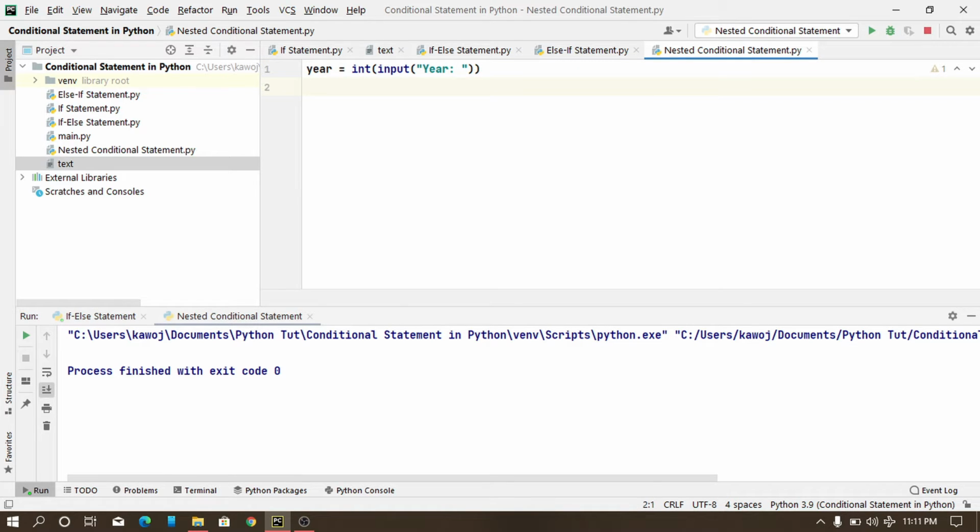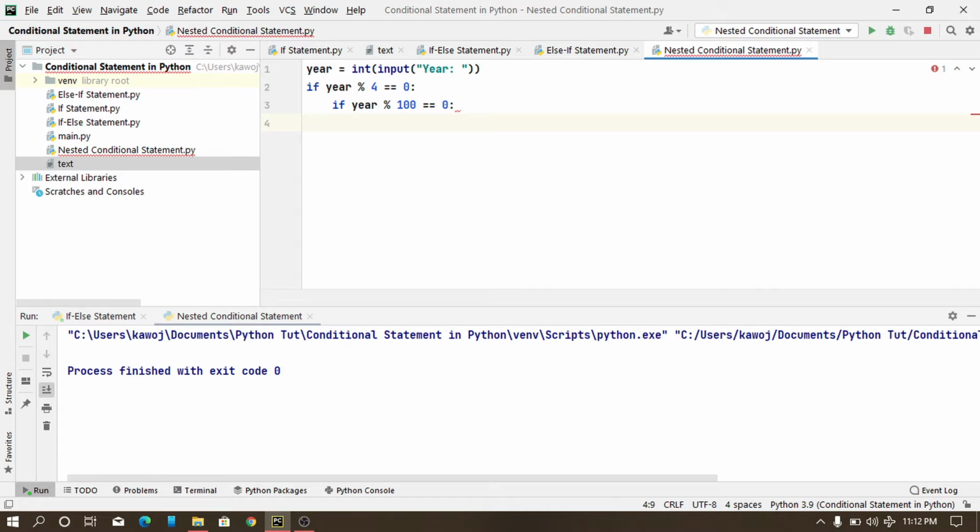So after inputting a year, we are going to write a program that checks if the year is a leap year. For every year, we only have 4 years to get the next leap year. So we can say that if year modulo 4 is equal to 0, then do this. But we cannot just do it like that. We also have some years that are century years. So if year modulo 100 is equal to 0,